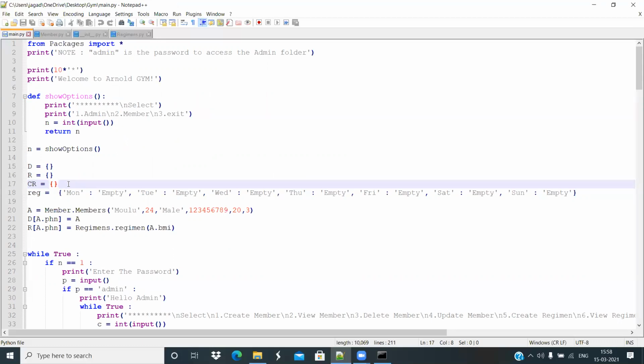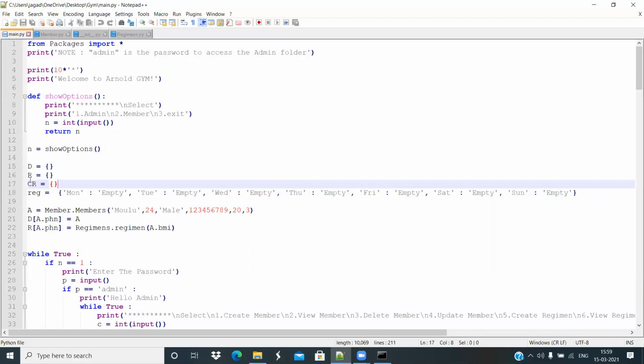The member is stored as a class object, but to access that class object, I am storing all the member class objects in a dictionary, and to access each member, I am taking the contact number as the key of the dictionary. So the contact number is the key, and the class object is the value.